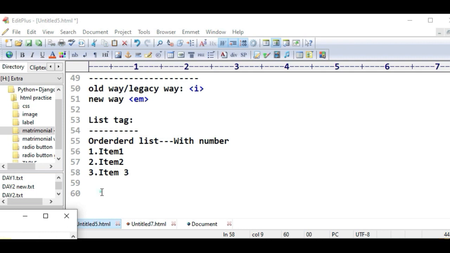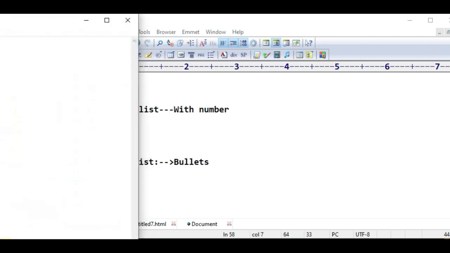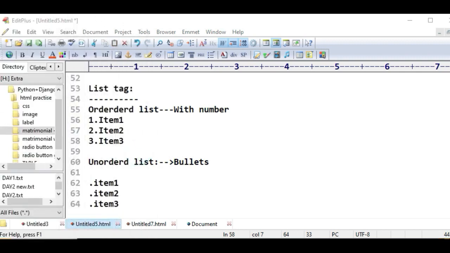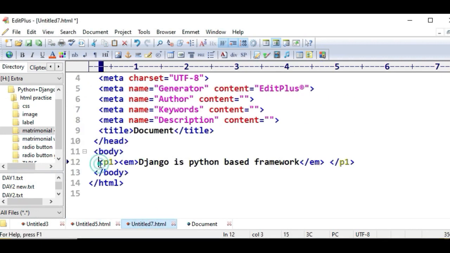So first we will discuss the ordered list, which means with numbers. So first we are going to see the ordered list. Go to the page, and here the title, for example,